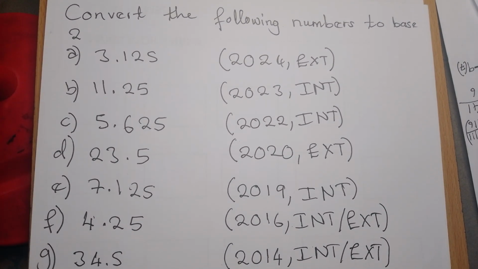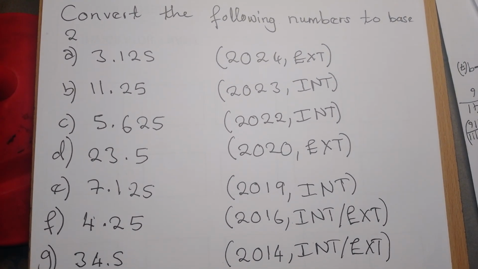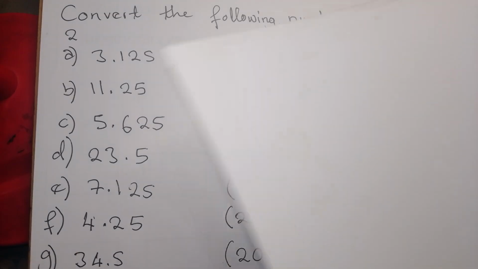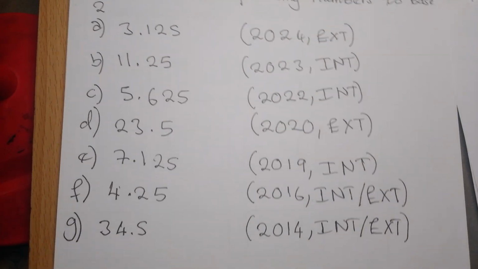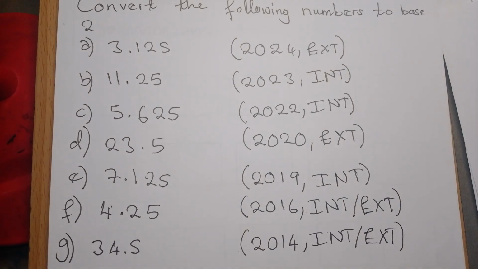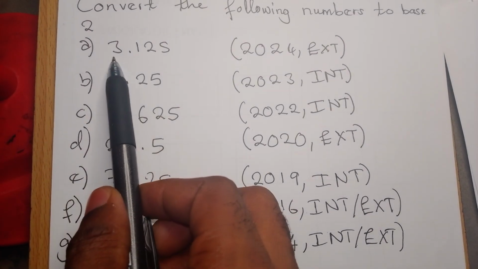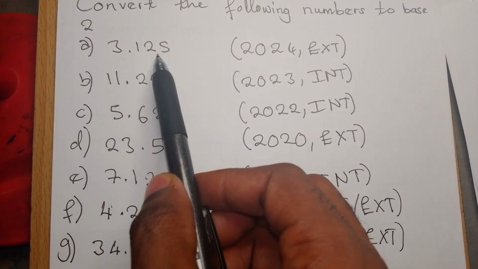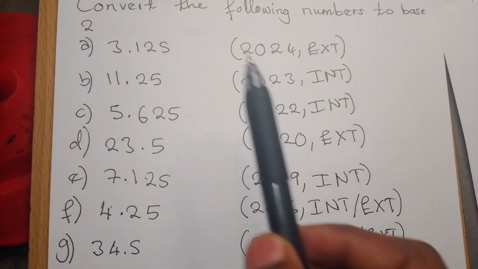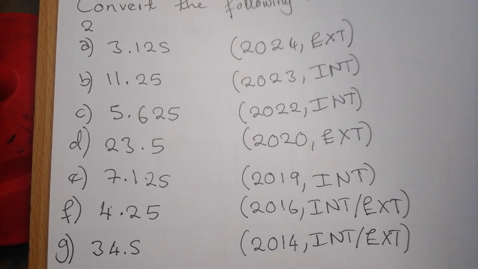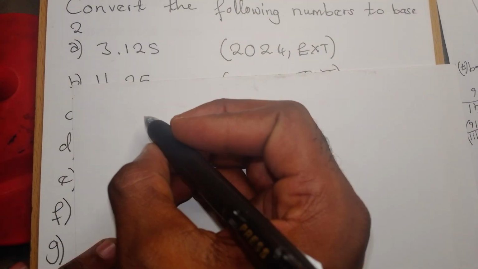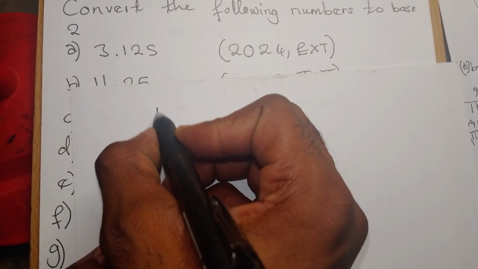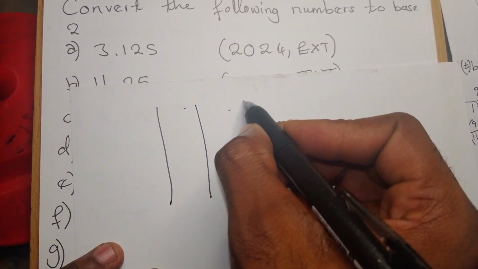Convert the following numbers to base 2. So to convert numbers to base 2, you convert the two parts separately. We have this part, which is the whole number part, and then we have the decimal part. You have to convert them separately. So you convert the whole number the same way you used to convert them in